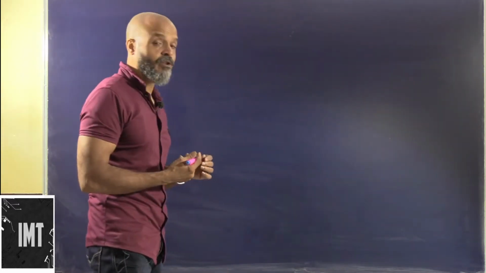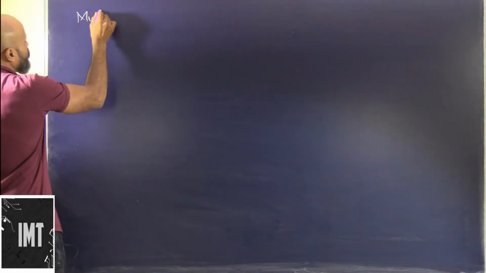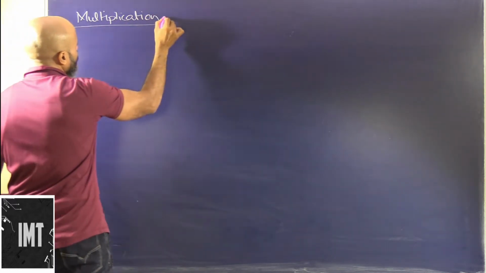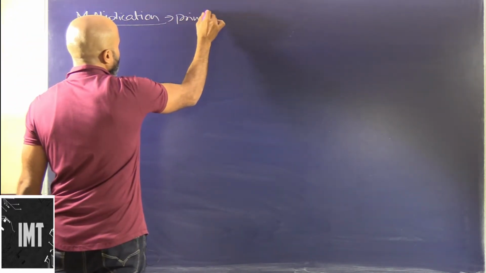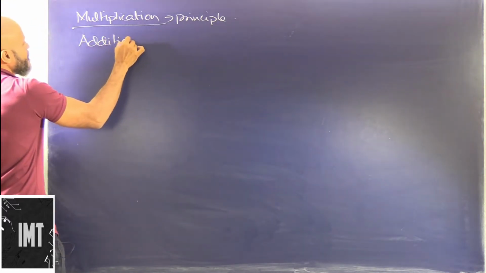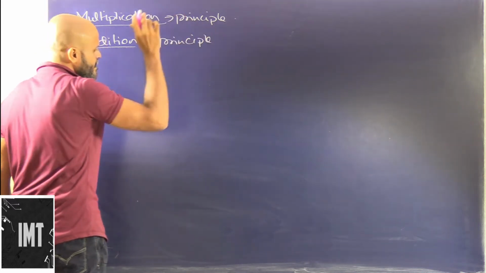The basics of arrangement depend on a lot of things. For example, somewhere we will have to apply the principle of multiplication. This principle has to be applied at some places, and in some places we have to apply the principle of addition. Now we will see an example here.